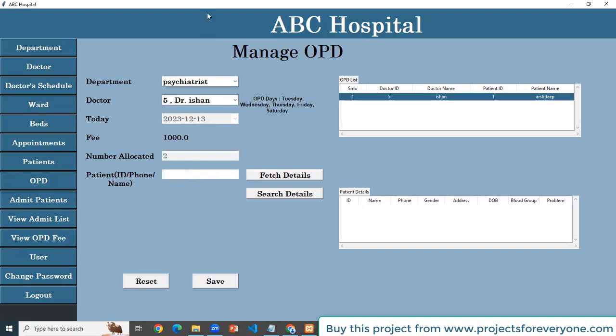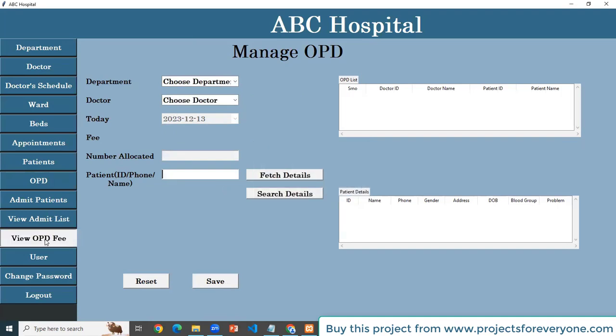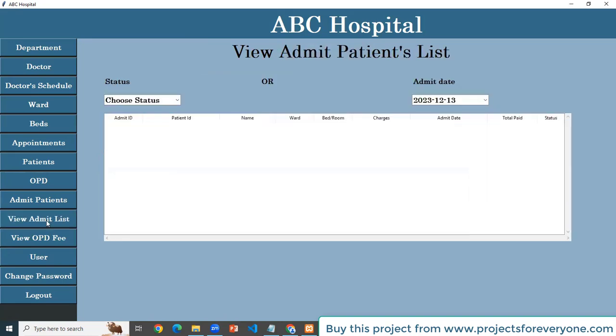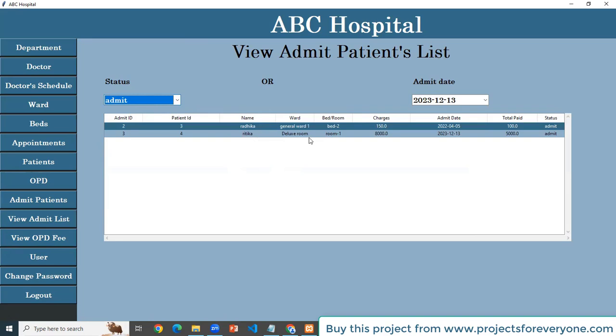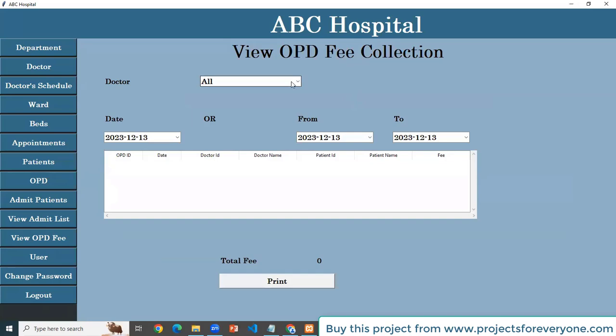Here is OPD. We can add new patients in OPD also, like we did for appointments. We can see the admit patients list according to admitted and discharged patients.